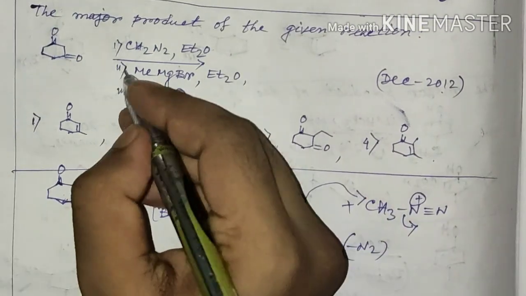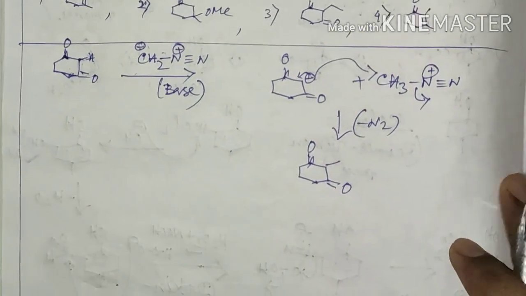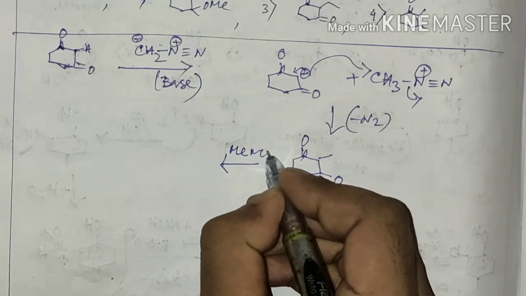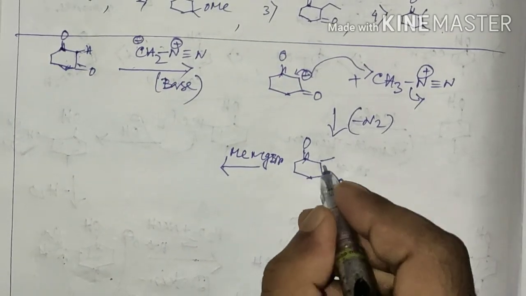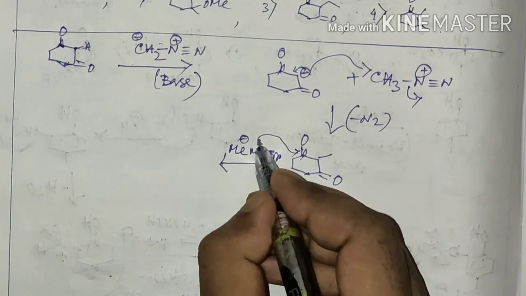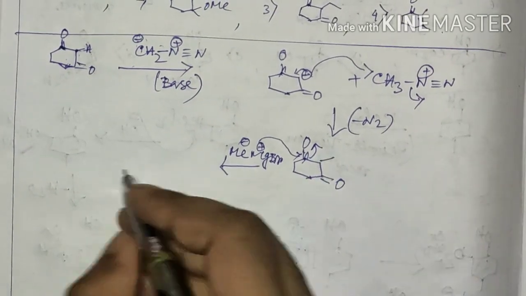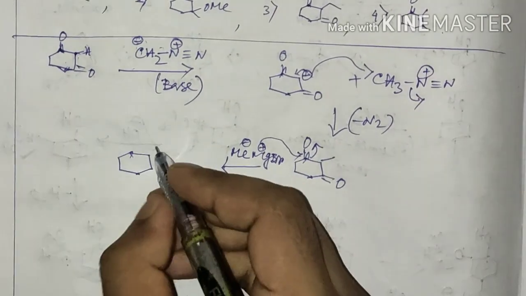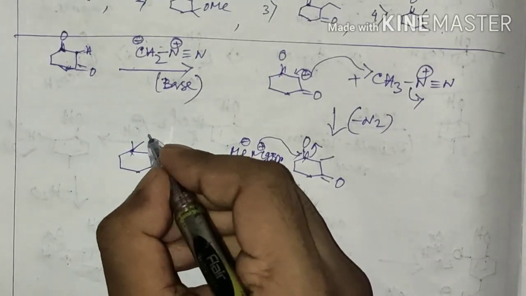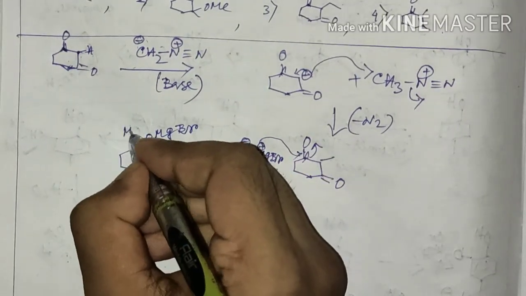Now you can see in the second reagent there is methyl magnesium bromide, so it is a Grignard reagent, and the methyl anion will attack any of the carbonyl groups. Let's see, the anion is attacking here. Here on magnesium there will be positive, so it will open up like this. There will be OMgBr. Here it is methyl,